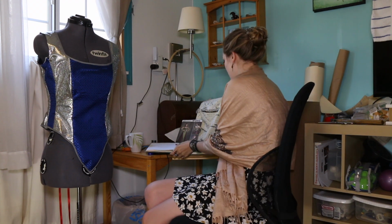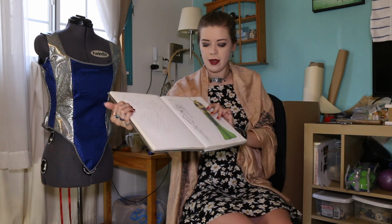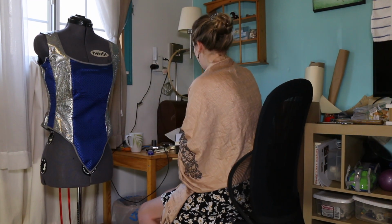Didn't see you there. Today we'll be working on Loki's corset. We're going to be making these costumes in tandem. So, after Thor's corset, now comes Loki's corset. This piece right here. And today we're going to be working with